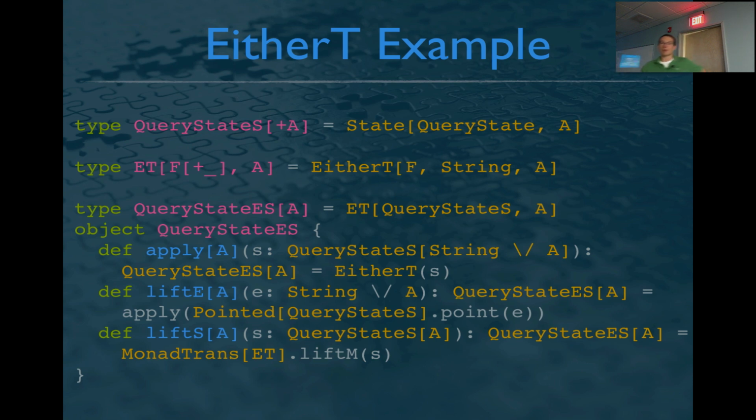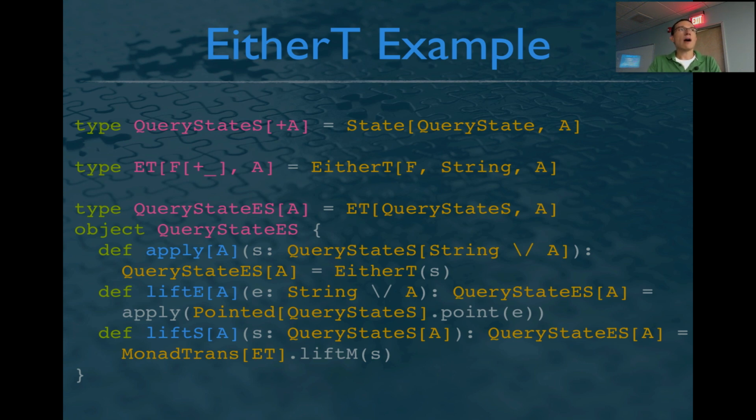And now there's at least one other one that I run into a lot, which is, well, what if I don't have an either? What if I just have a state on some a? Like maybe it's a computation that can't fail. It just returns me an int or a string or whatever. But I need to make it interoperate with these bigger for comprehensions. And so there's a couple different ways you could implement it. I happen to use lift m here,